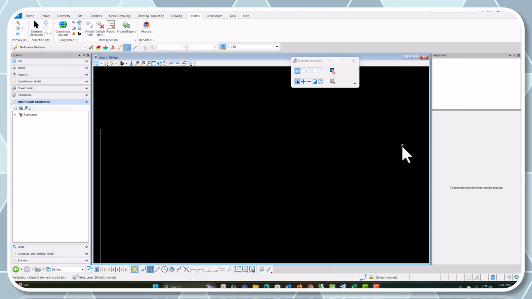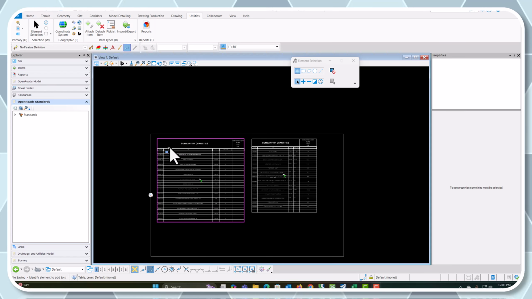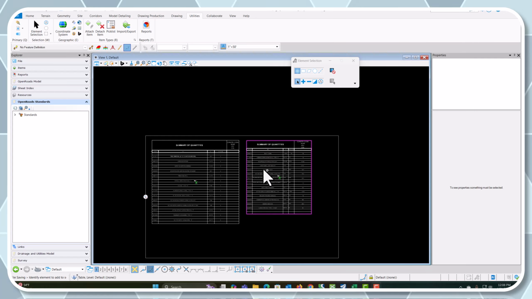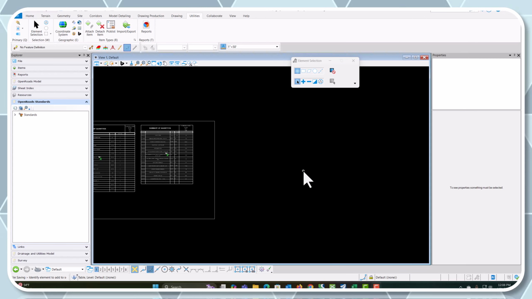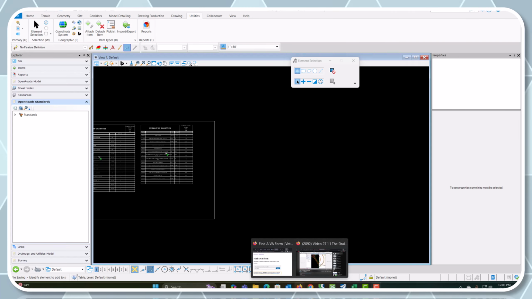And today we're going to talk summary quantities. I've already got summary quantities in here that I've created a sheet, but I'm going to show you how to import it. If you go out to the IDOT website,